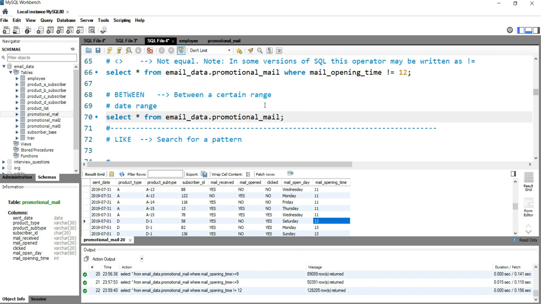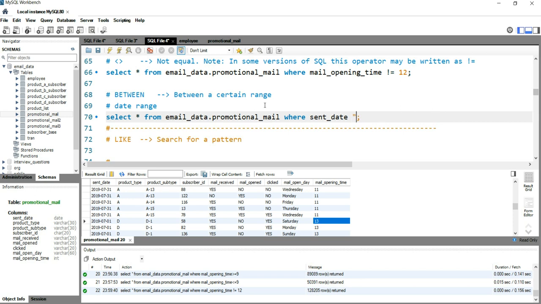have the same query, select star from email data dot promotional mail. Then I'll put the where condition where my sent date is in between 1st of July and 2nd of July.